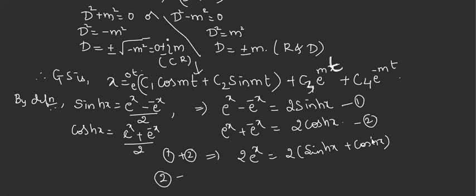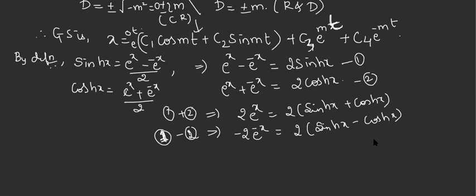Similarly, if I take equation 1 minus equation 2, why get confused, take 1 minus 2 only. This equation minus this means you have to change the sign, no? So e raised to x minus e raised to x will be cancelled. Minus e raised to minus x minus e raised to minus x is minus 2 times e raised to minus x. I'm just simplifying, getting a relation of exponential in terms of hyperbolic. So here also we have to subtract. So what will we get? 2 into sinh x minus cosh x. Correct?